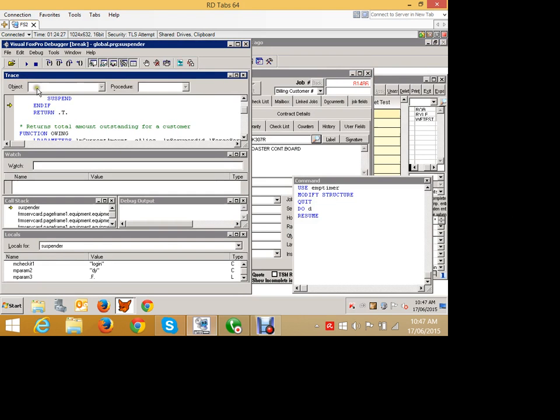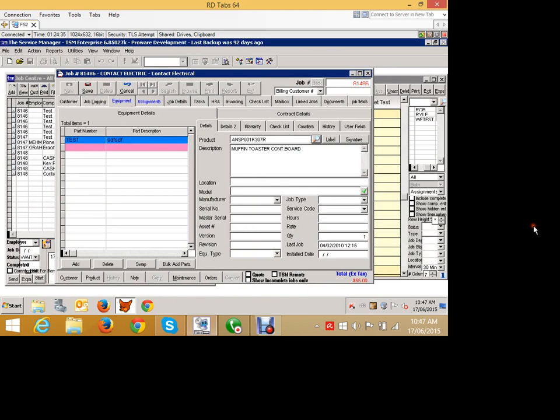Alright, I'm in my development environment here, so this is a debugger that's popping up. We'll edit that out with some other serial number. So I've now got 2 pieces of equipment on this particular job, and for each piece of equipment I have